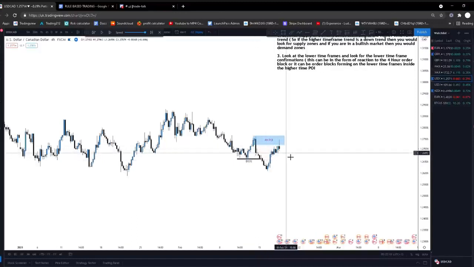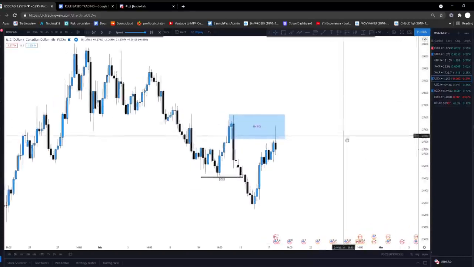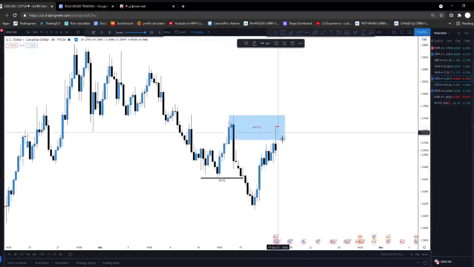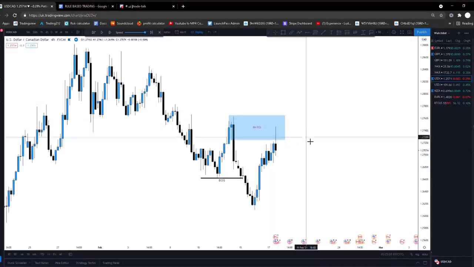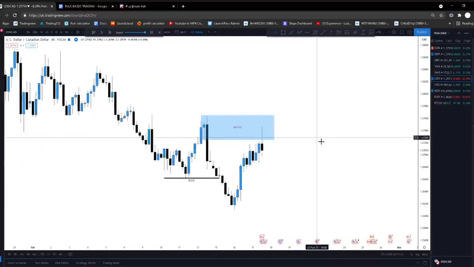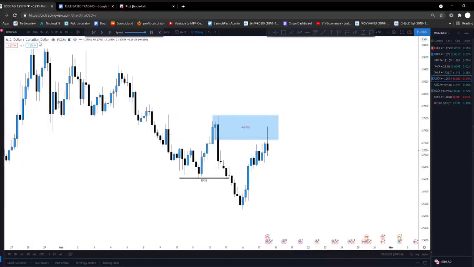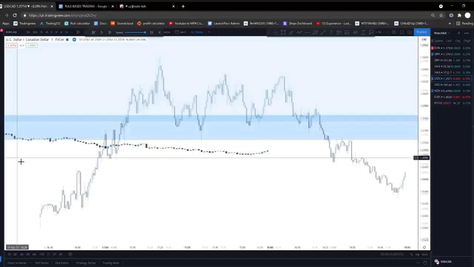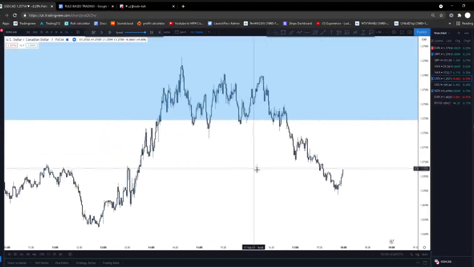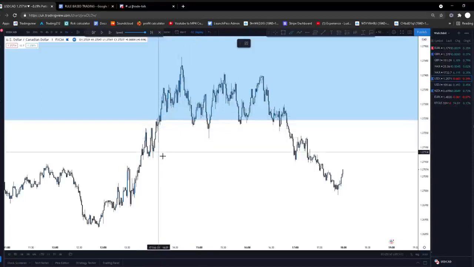Entries on the 1 minute, even sometimes, maybe even on the 15 seconds, something like that, that could further validify a higher time frame trend, because there is no guarantee that the market, when it reacts, won't continue just to take out, and that does happen some of the time. So you don't want that to happen to you, and therefore you do want to be seeing those lower time frame confirmations occur. So if you go down to the 1 minute, you will notice that we have, as I said, a Wyckoff distribution can act as a potential confirmation on lower time frames.